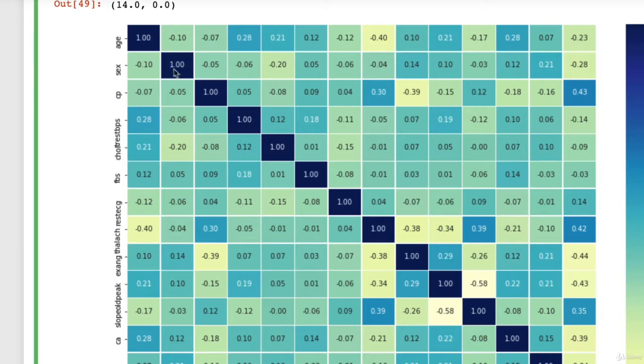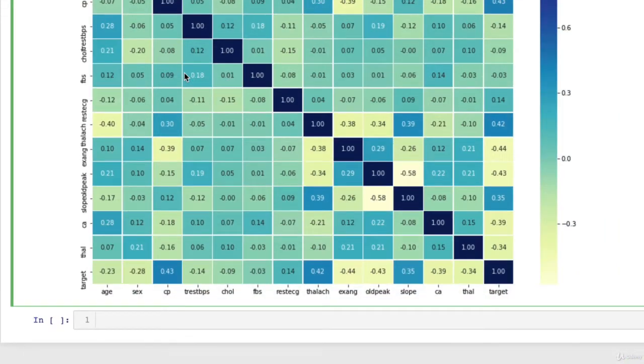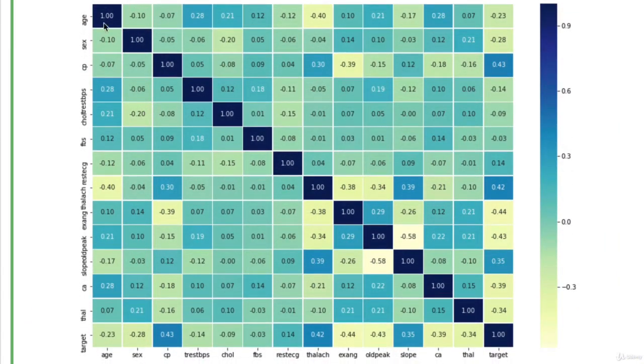But what this means, the diagonal, we might zoom out one tick so we can see. The diagonal is giving a perfect correlation, which means the age column is exactly equal to the age column, which makes a whole bunch of sense, right? And the sex column is completely equal to the sex column, and so on and so on, all the way down